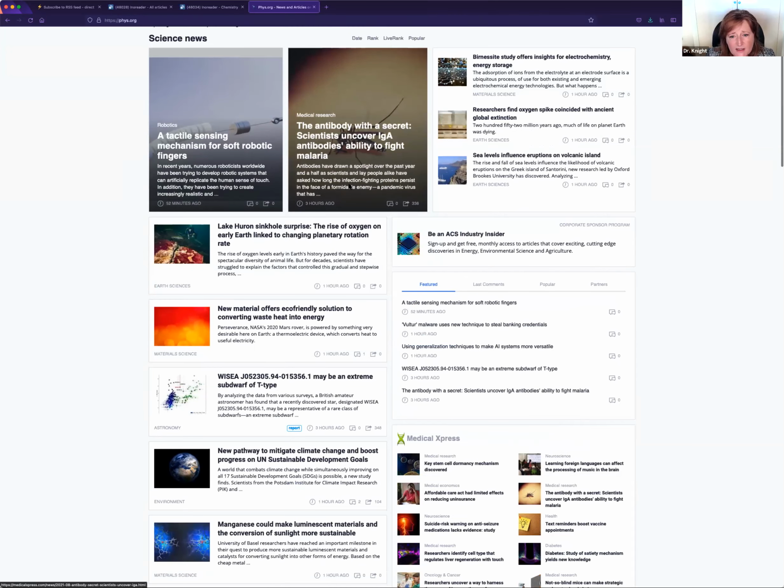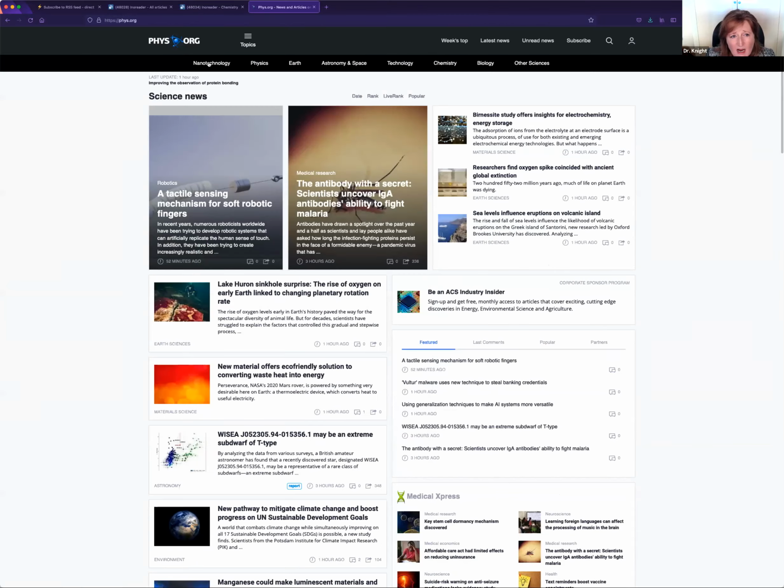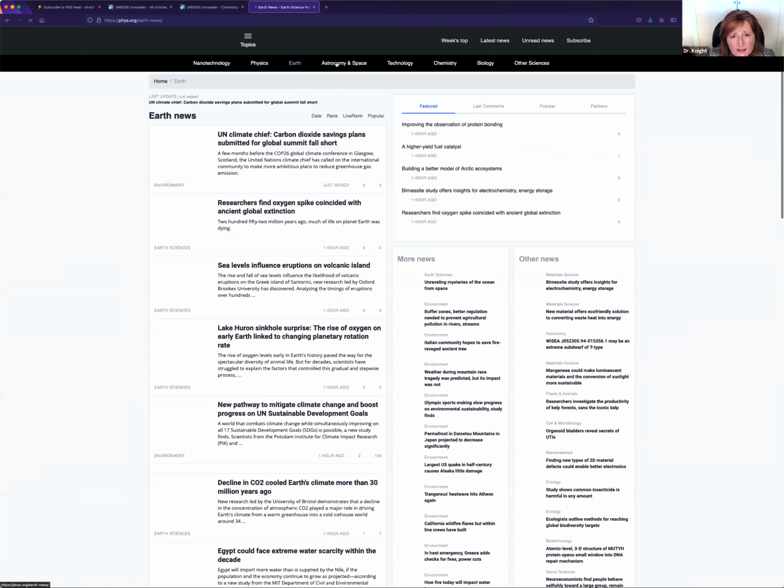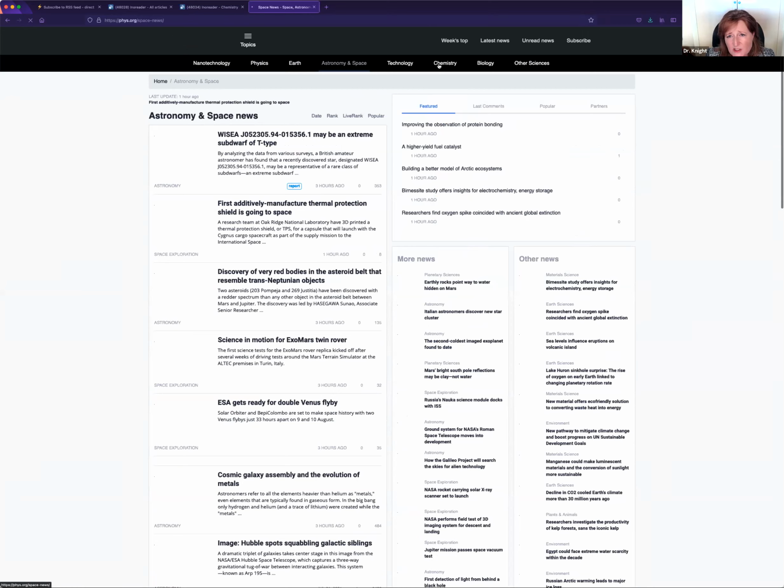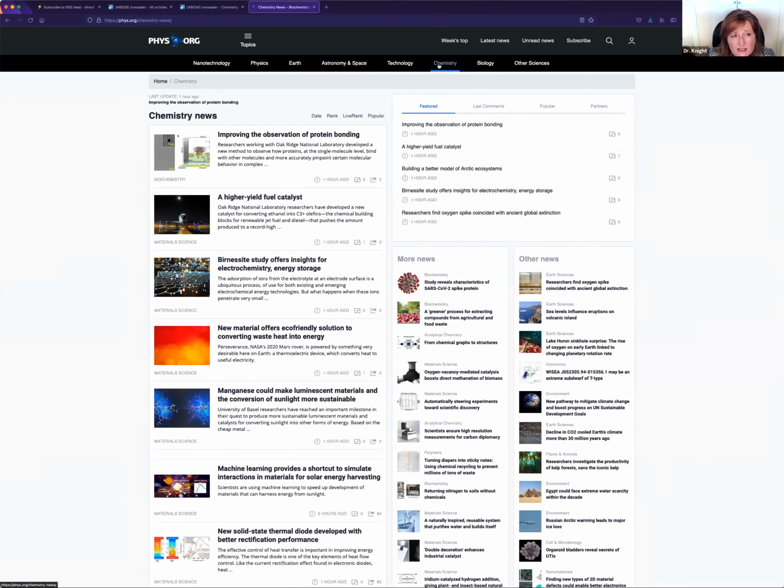There are different ways that InnoReader allows you to do it. There's nanotechnology, physics, all these different areas that they cover. Of course, we're going to want to do chemistry here. But how do we do this? There's a couple ways to do it. The most direct way is to try to find whether or not the publisher has an actual RSS feed that they have displayed to the user. There are hidden RSS feeds, but we're going to try to find the RSS feed that we can see because I've just found you get the least mistakes if you can find the actual